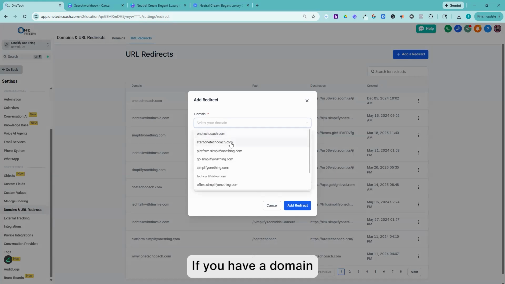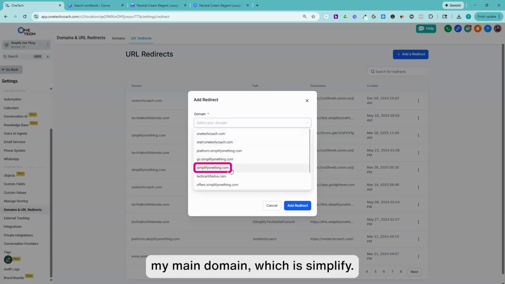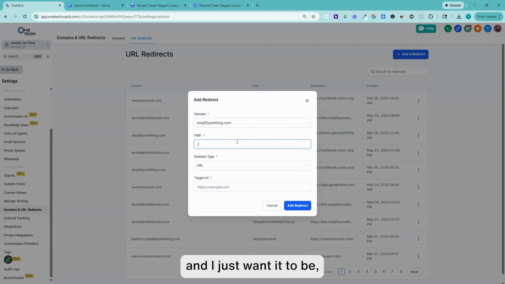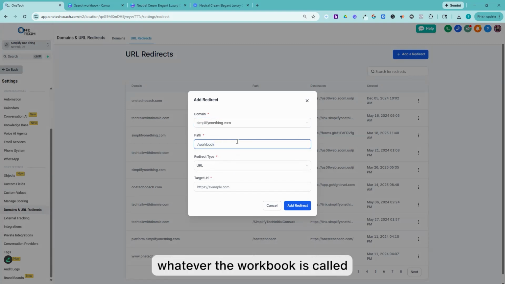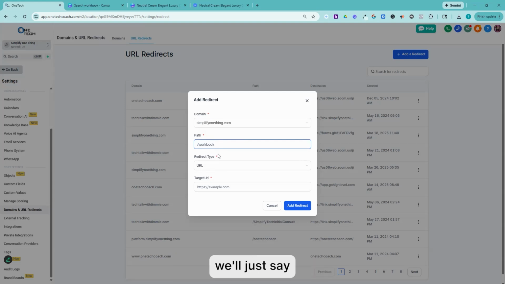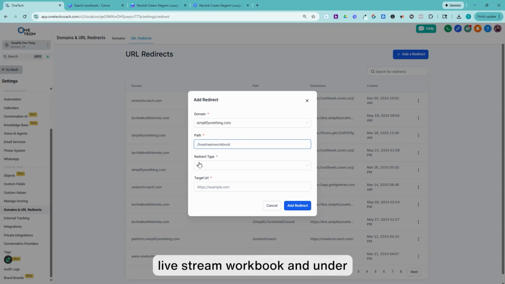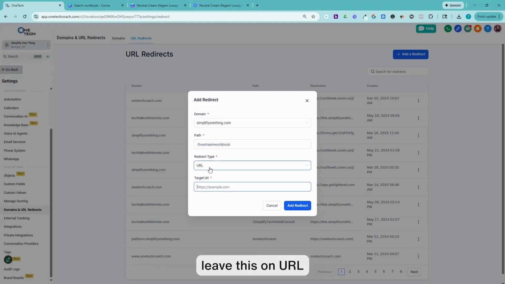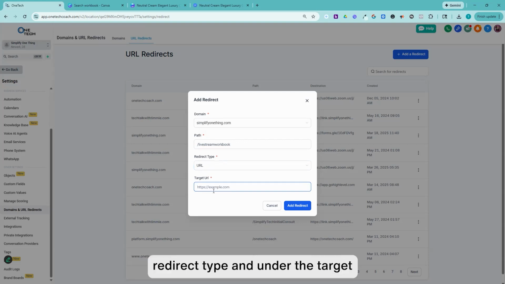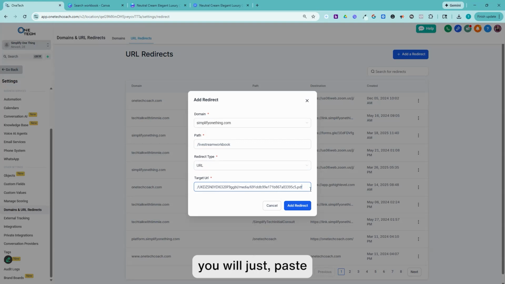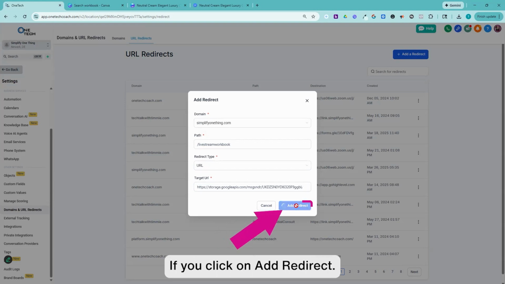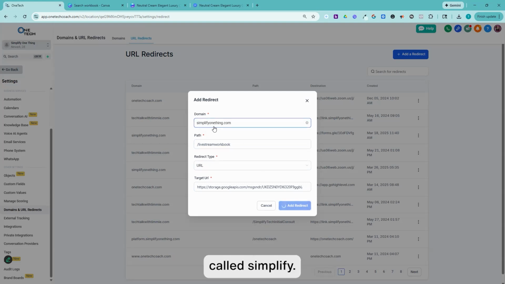If you have a domain already connected, you can use that. Let's say I want to make this one my main domain, which is Simplify One Thing. And I just want it to be whatever the workbook is called. I'm going to say /workbook, whatever the program is. We'll just say livestream workbook. And leave this on URL, redirect type, and under the target URL, you will just paste the link of the PDF. If you click on add redirect, now it has created a new link